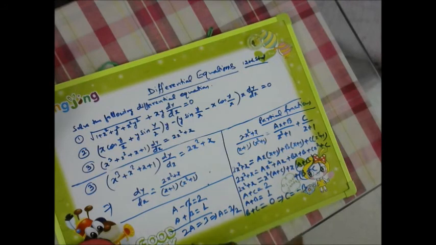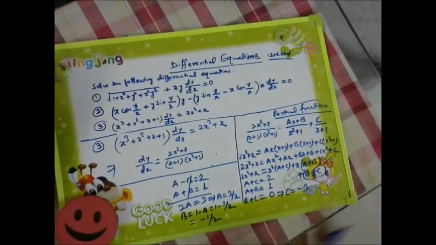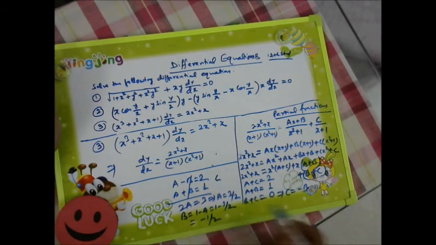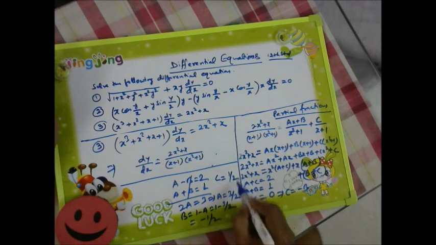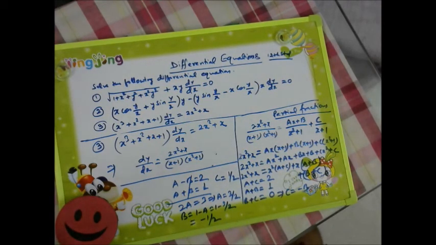Then what will be b? So b will be equal to 1 minus a, is equal to 1 minus 3 by 2. So it is giving us minus 1 by 2. So b is equal to minus 1 by 2. Then c is equal to minus b. So minus b means minus of minus 1 by 2, so this will become 1 by 2. So we have got a is equal to 3 by 2, b is equal to minus 1 by 2, and c is equal to 1 by 2.